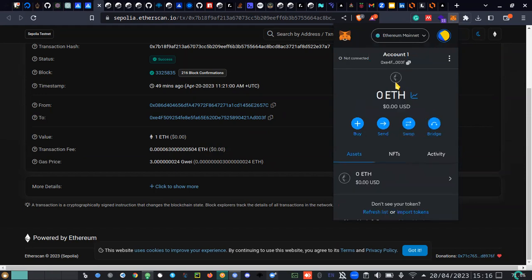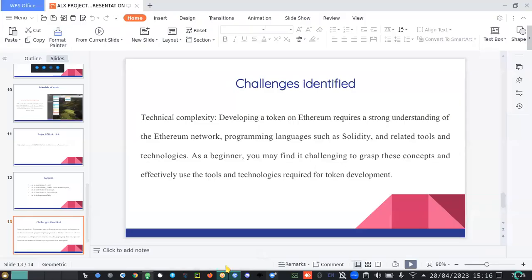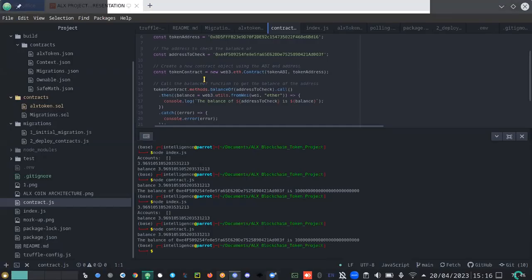on the mainnet, so that we can at least have the opportunity to deploy our token on the Ethereum network. And that means that when you are deploying on the Ethereum network, you can see here